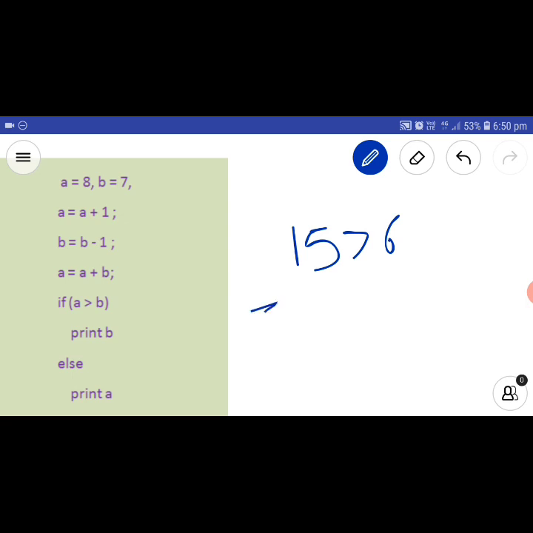So is the condition true? Is 15 greater than 6? Yes, the condition is true. So we will not move towards the else part, right? We will not move towards the else part, and we will print b.